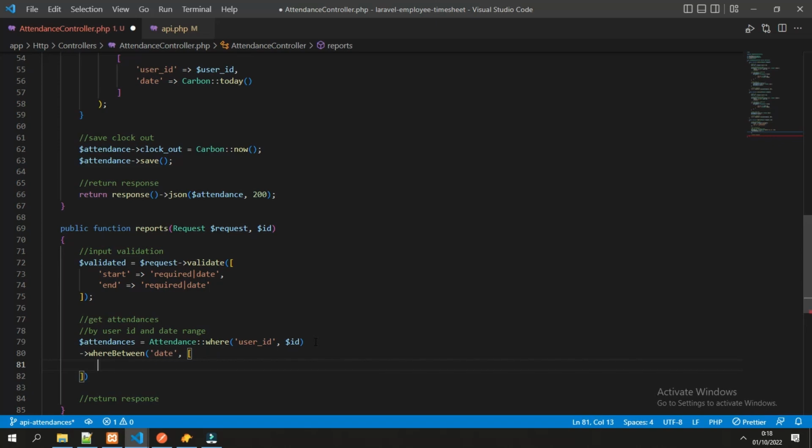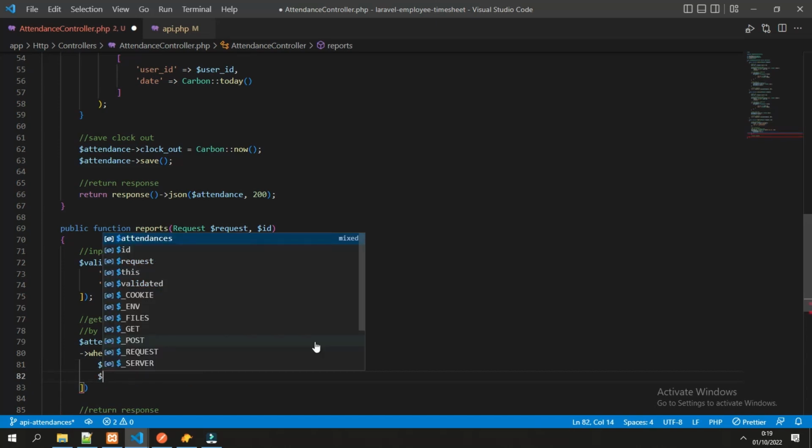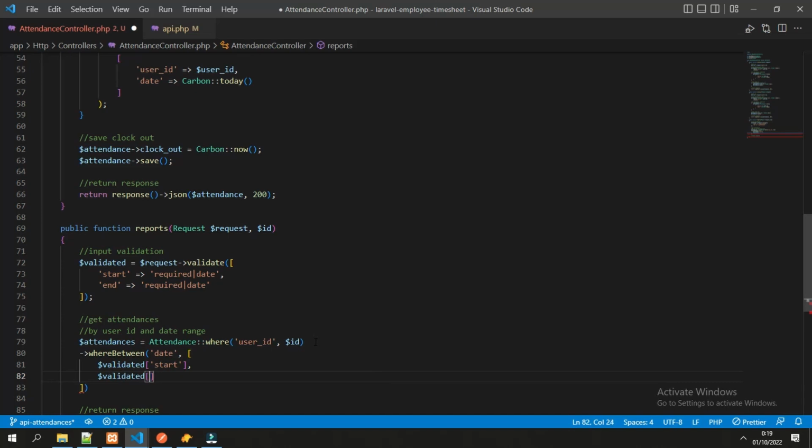So the start of the date range would be from the validated input of start, and the second is the end range, which would be the validated end.